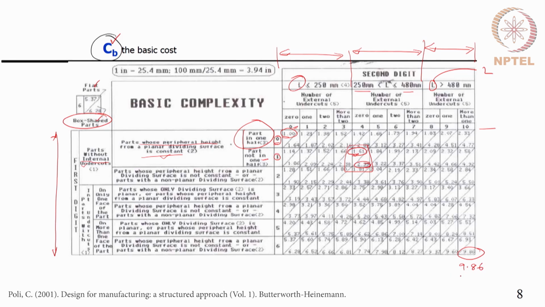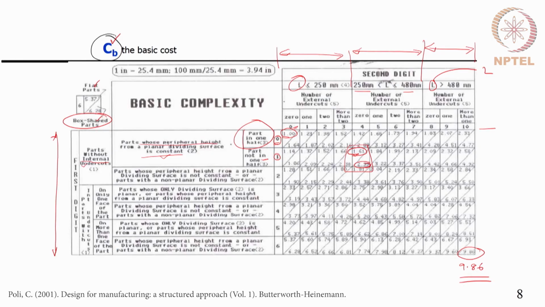So, that means the basic cost could be equal to that of the standard component, which is that annular disc, or it could be roughly about 10 times the cost of the annular disc. That is the meaning of this table. The basic cost of making the mold could be same as that of making the mold corresponding to the standard part, or it could be as large as 10 times, or 9.86 times, of the standard part.